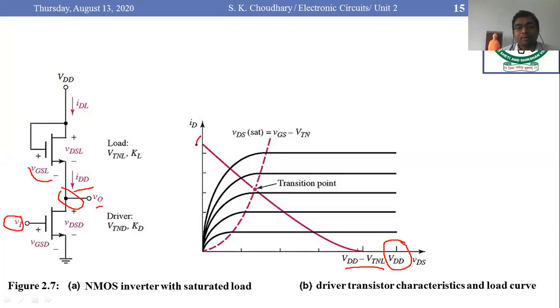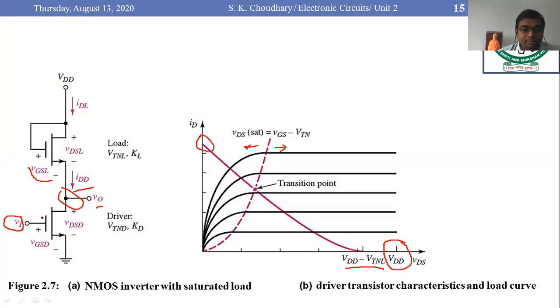And this is the maximum value of the current. Here there is a nearly straight line, and this is the transition curve. Okay. So obviously VDS sat is equal to VGS minus VTN. The right hand side of this is the saturation region, and the left hand side you can consider as the non-saturation region. So now see how it works in a quick sense.